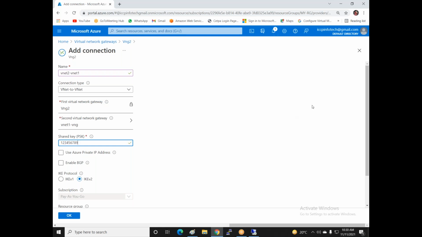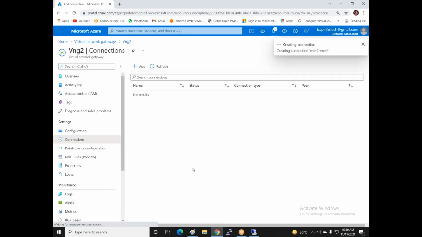Both sides are using the same PSK. Now I'm just enabling the pairing connections on both sides.